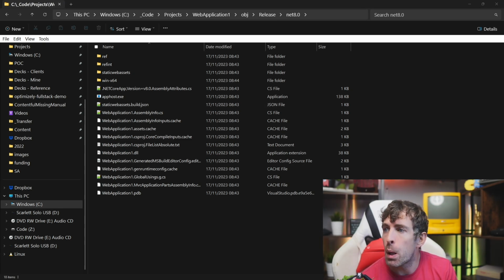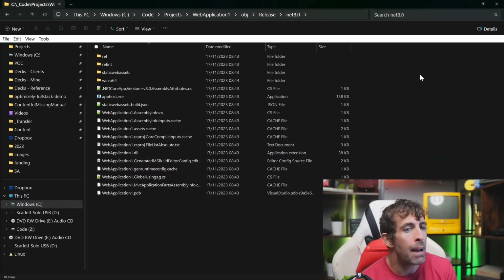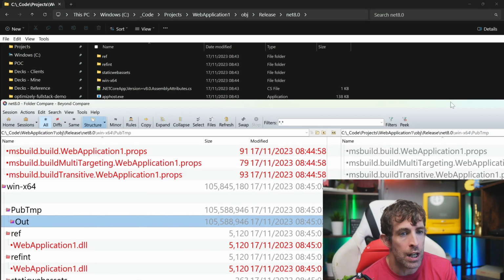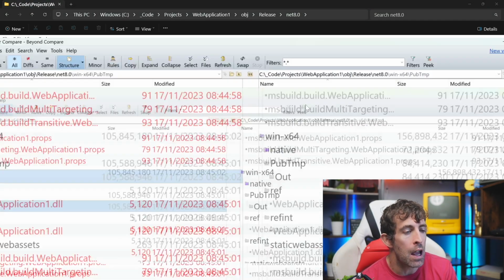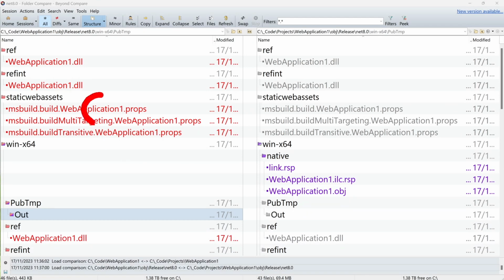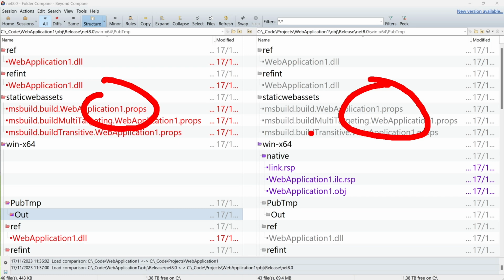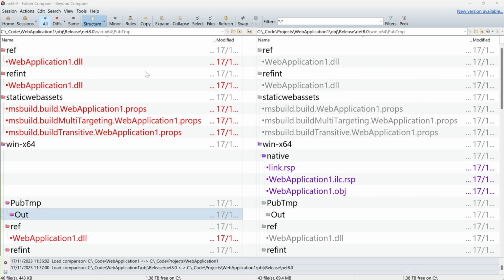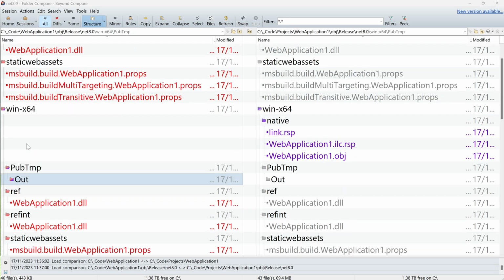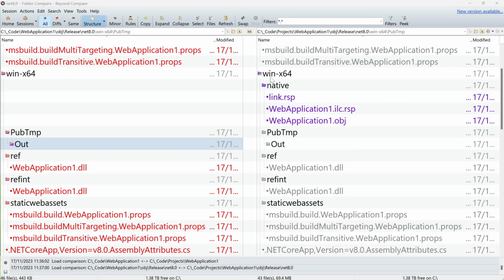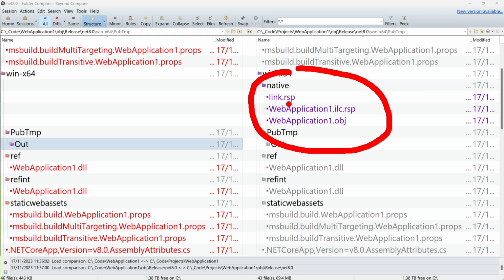Now if we go over to Beyond Compare and compare what our existing project looked like to our native AOT project. Right, so on the left hand side we have our traditional build, and on the right hand side here we have the AOT build. So straight away you can see that we've got a refint, and a static web assets folder, and these are pretty similar. Now within the win-x64 folder, things are a little bit different here because we have this native folder in the AOT version, which has this link.rsp, web application 1